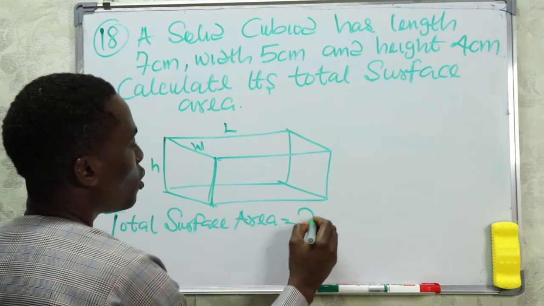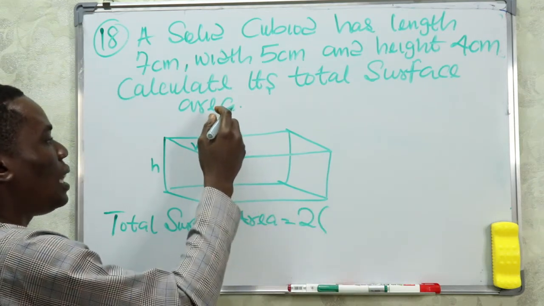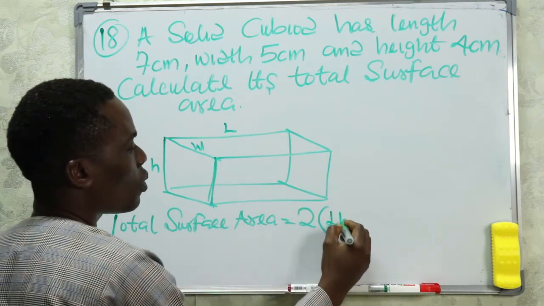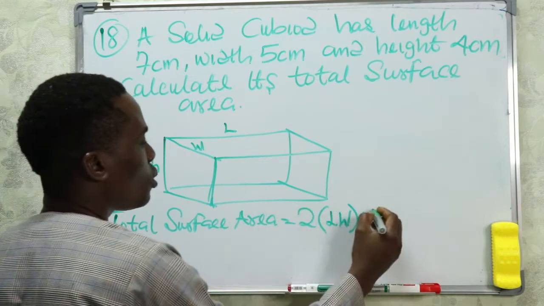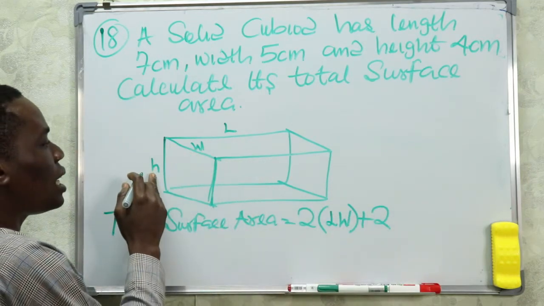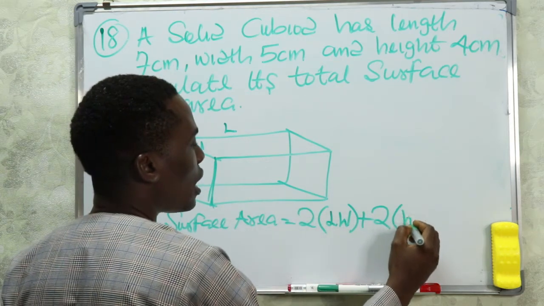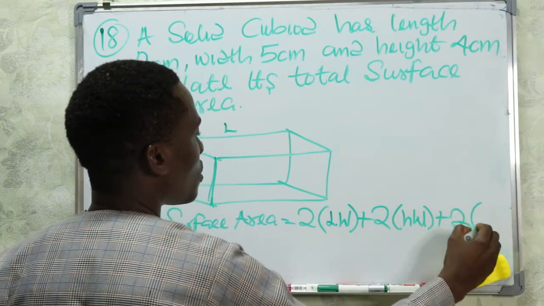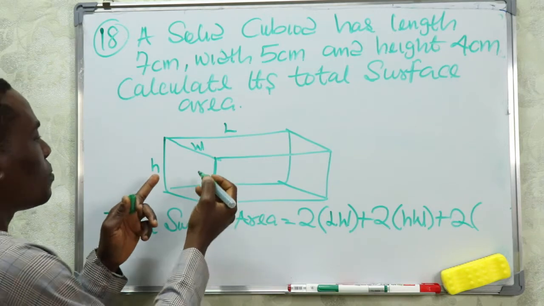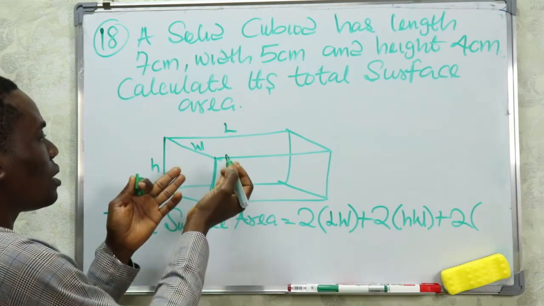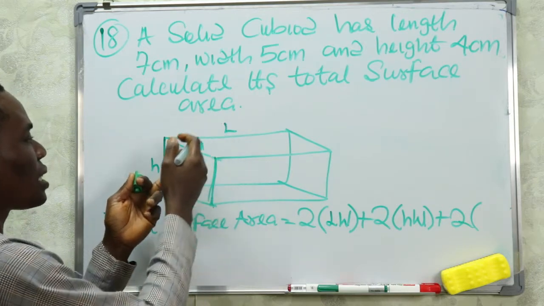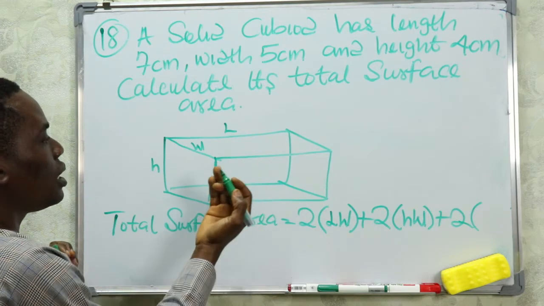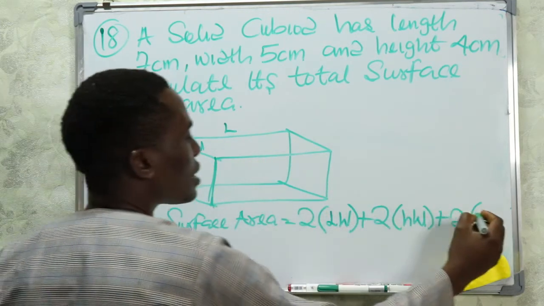will be equal to 2 into bracket. Now let's look at the length times the width for the up and the down. That makes it 2 times the length times the width, plus 2 times, now looking at this side, the height times the width. Now plus 2 times, this time around we are going to look at this other side. We've taken the length times the width, we've taken the height times the width, and this time we are going to take this side, which is the length times the